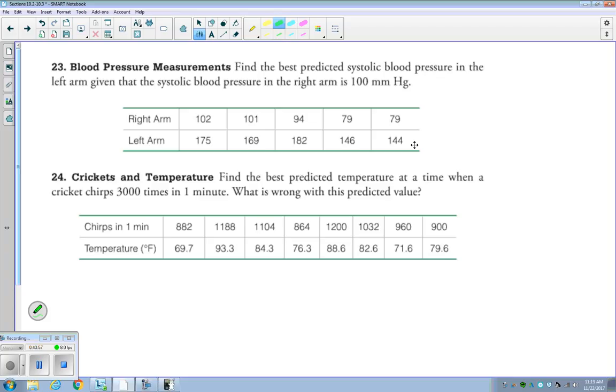And then I copied the same problems over again, not realizing they were on here. Okay, so